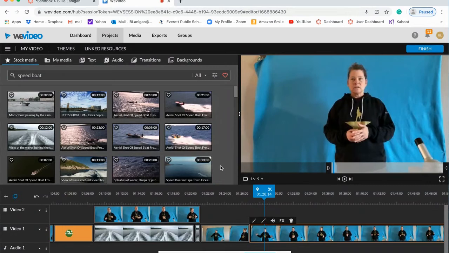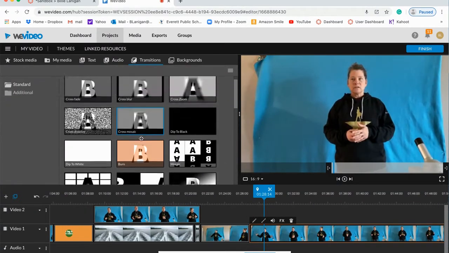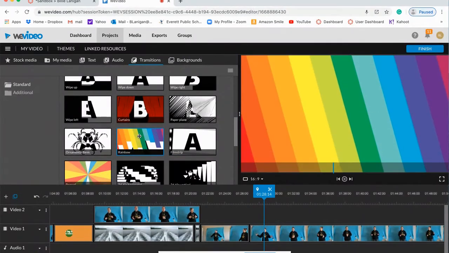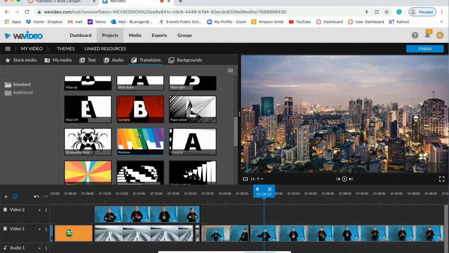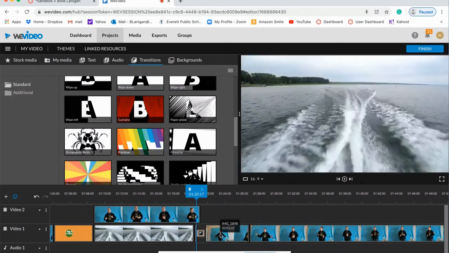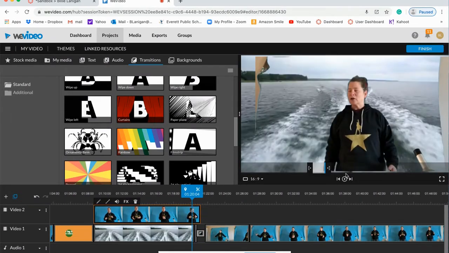So what I'm going to do right here, I'm going to go up here to transitions. There's a whole bunch you can play with here, and if you just click on one to see what you want it to look like, and you look over here, it's going to change the picture, but it'll just give you an example. Like that. These are really fun here. I'm going to put this transition in. You have to put it right in between things like that. So now when I play this area,